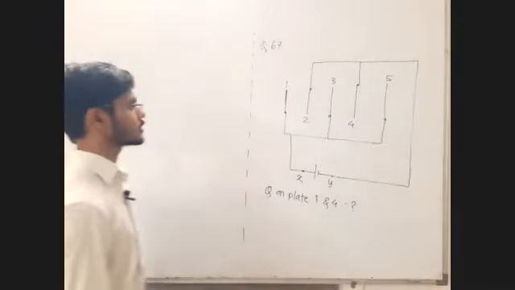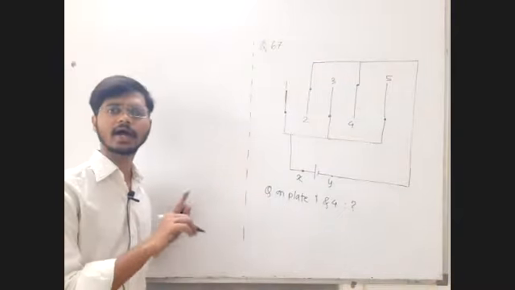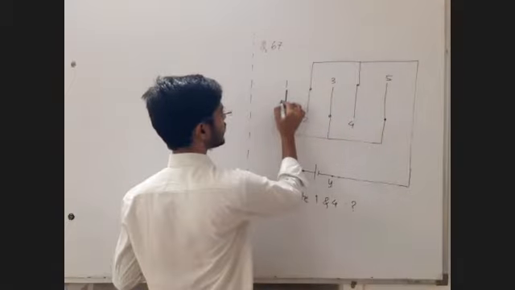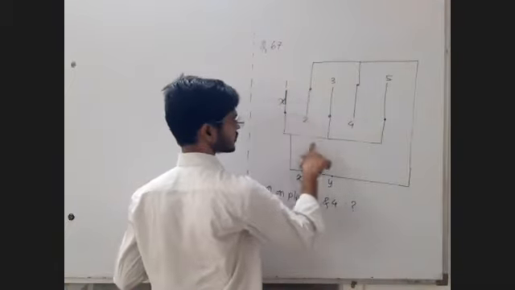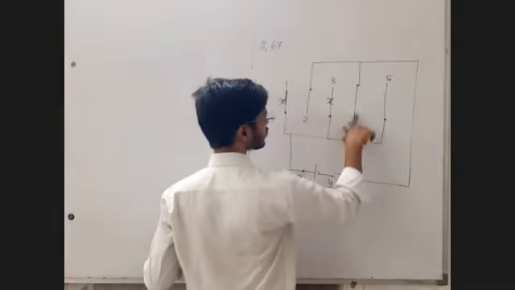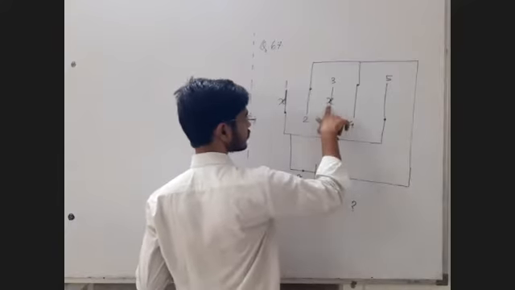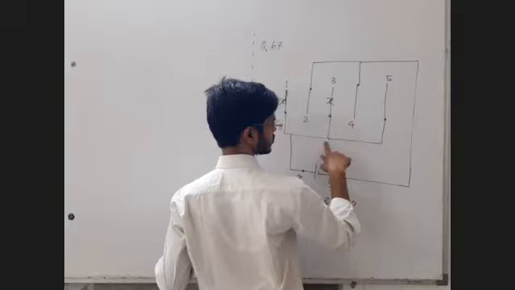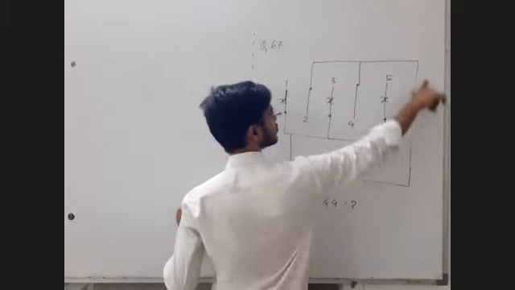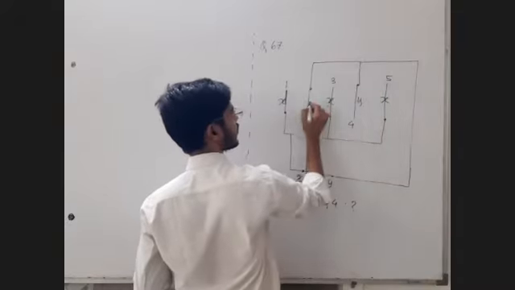Okay. So let us try to identify the capacitors. Capacitors are formed between adjacent plates, and adjacent plates must have different potentials. This plate is X. The same point is connected to this plate also, so the potential of this plate is also X. The potential of the third plate is equal to the potential of the fifth plate because they are directly connected just by wire. Now point Y.